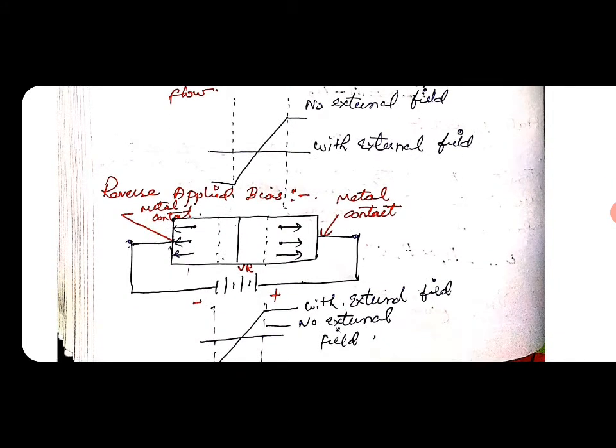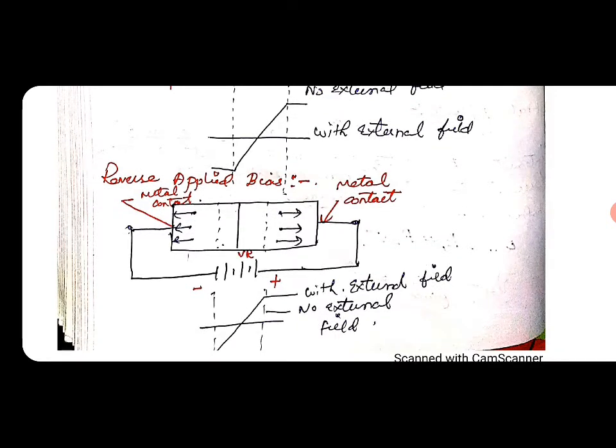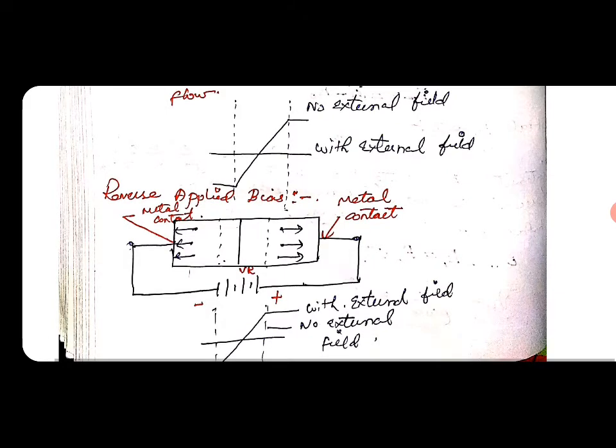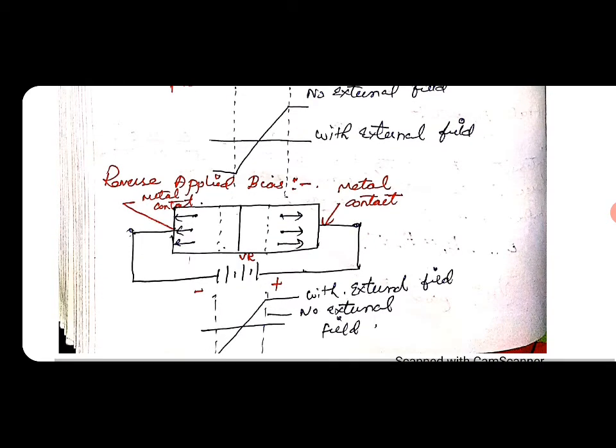And in the reverse bias junction, this is the diagram. Here we note that the p-type is connected to the negative terminal, and the n-type is connected to the positive terminal, the reverse of forward bias. When a p-n junction is reverse biased, the potential barrier is increased and the width of the depletion region is also increased. The junction offers high resistance, called the reverse resistance RR, to the flow of current.